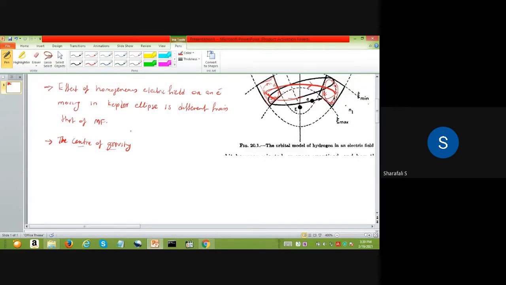The center of gravity of the electron, averaged over its orbit, does not coincide with the nucleus, and thus forms